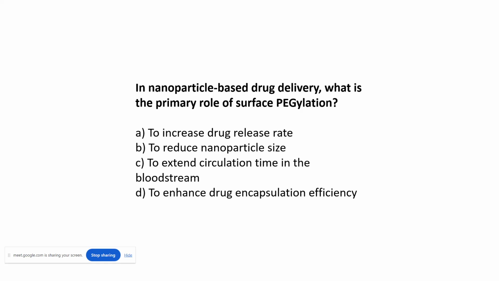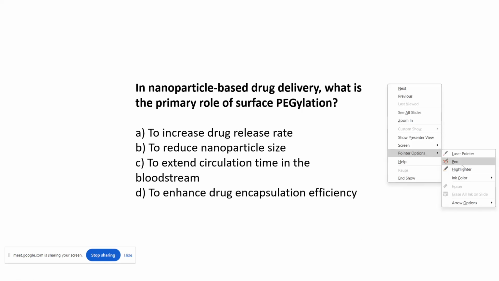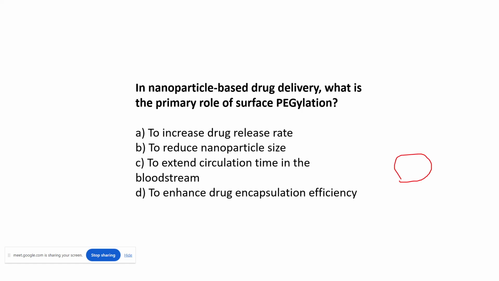Okay, so the correct answer here would be option C, to extend circulation time in the bloodstream. When you attach PEG molecules or surface coat them on the surface of nanoparticles, this prevents interaction with other proteins. You must have gone through the lectures where the brush conformation and mushroom conformation of pegylation were taught. So mushroom conformation is basically like